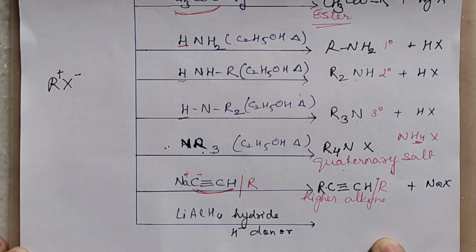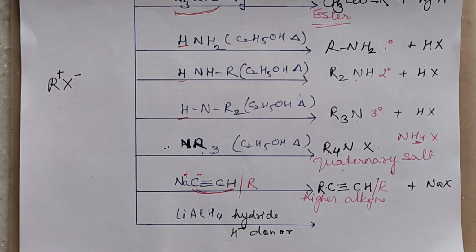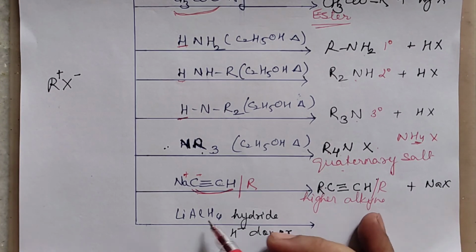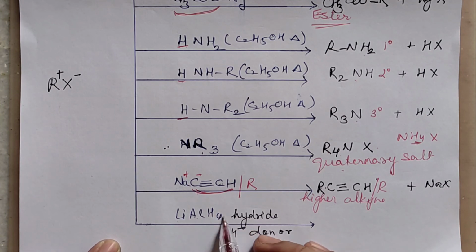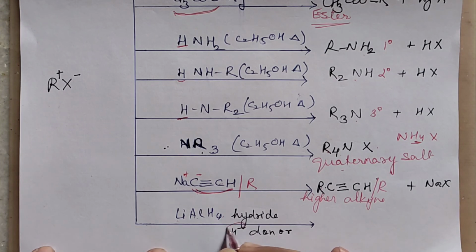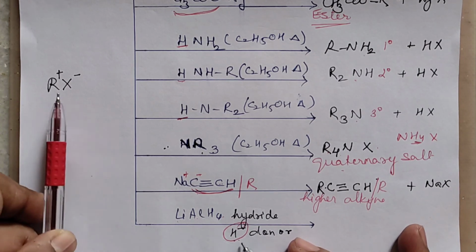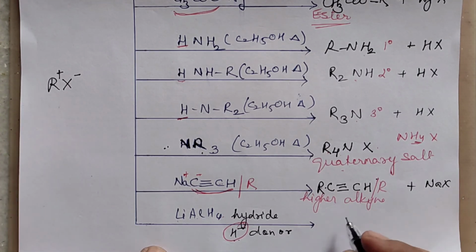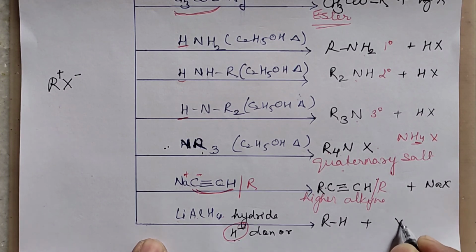They are reduced to alkanes by using this reaction. How? Now let's see. This is a mixed compound. It's lithium aluminium hydride. So this lithium aluminium hydride will give you H minus as the nucleophile. So what will this H minus do? This H minus will take the place of X. So what will you get here? RH plus this X minus will come out.